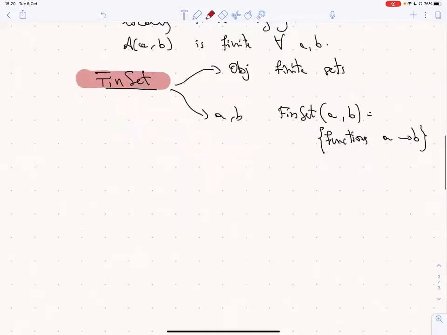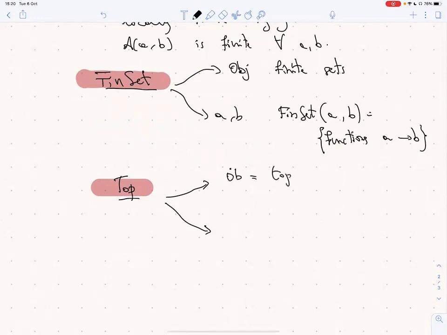For the moment, I would like to give you a very broad collection of examples. So another example is the category of topological spaces. So what is this category? So I'm sure you are familiar with it. I will try to use a more compact notation. So here we have objects are topological spaces. And arrows, so Top(A, B), are continuous functions.